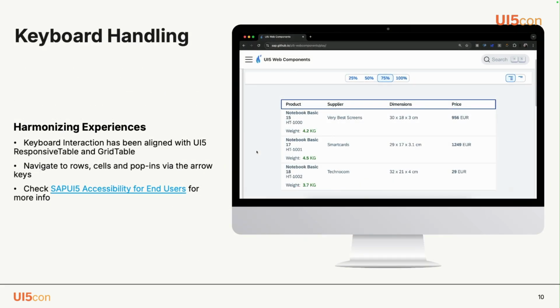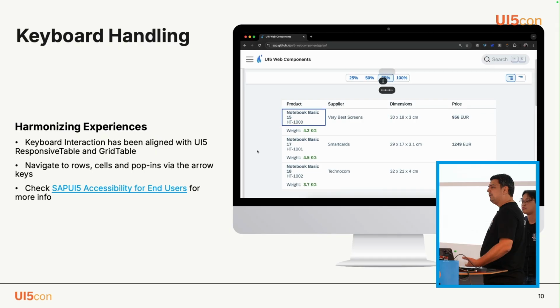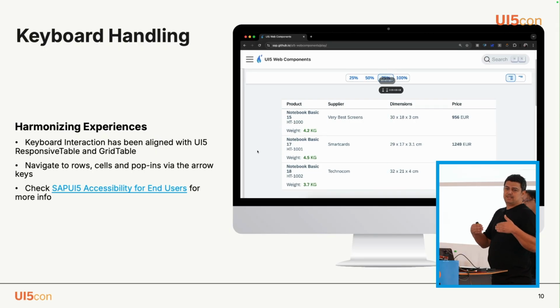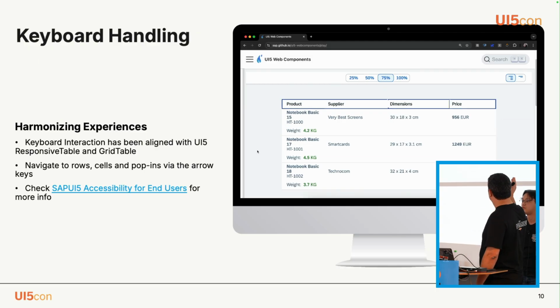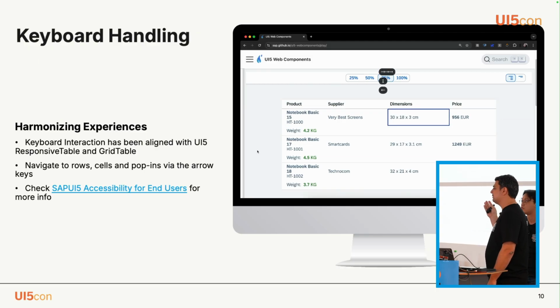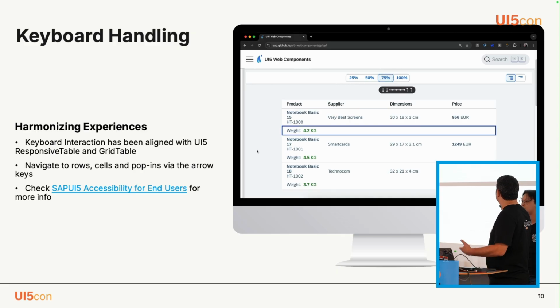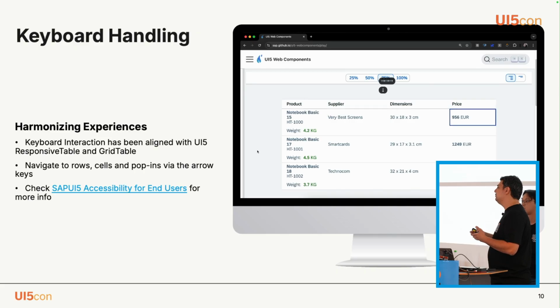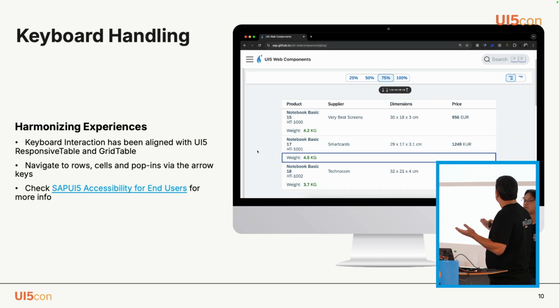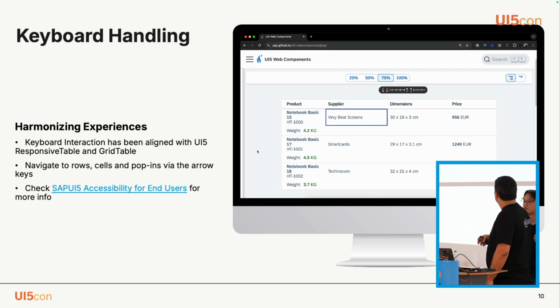And because of the role grid, we have to come up with cell-based navigation. The old table was providing only row-based navigation. So when you put the focus on the row, it starts reading the content of the row, but not the column headers. And if, for example, the content is blank, this needs to be announced to the user, right? Or these people are used to working with Excel,